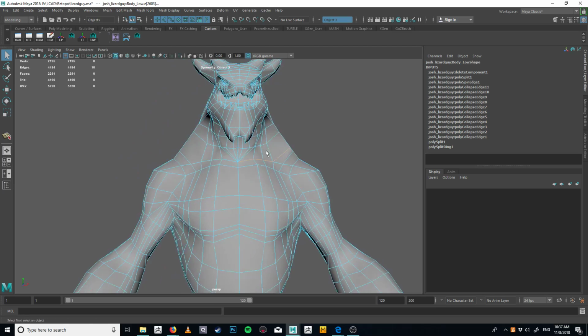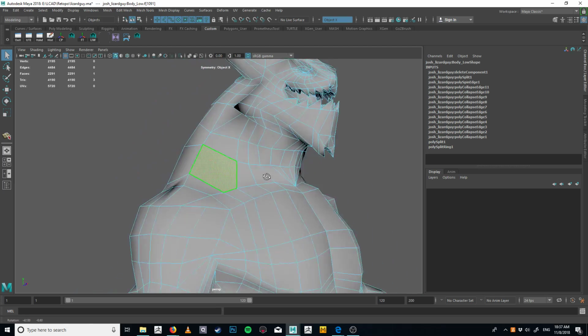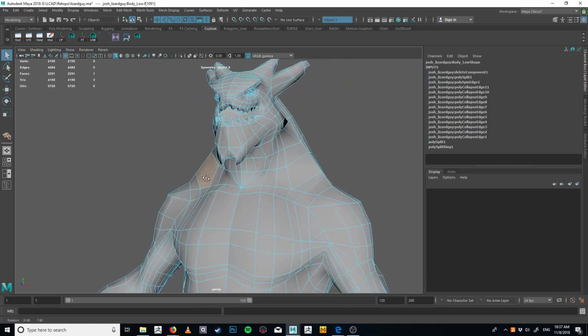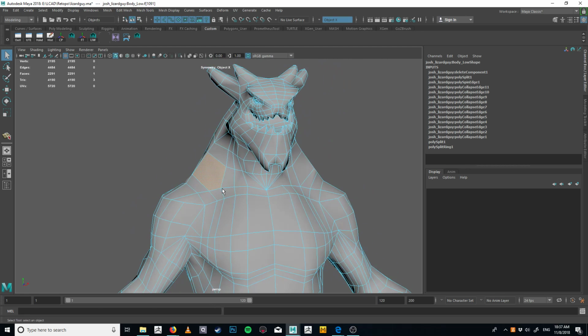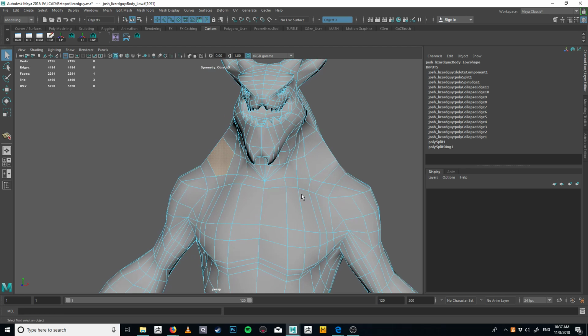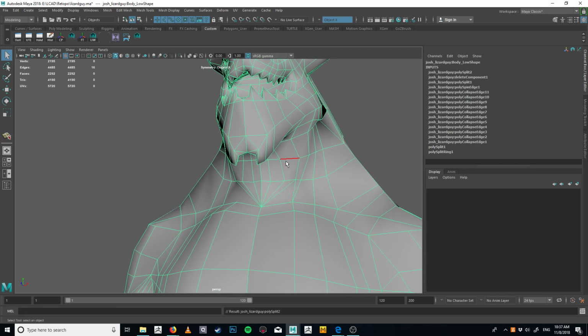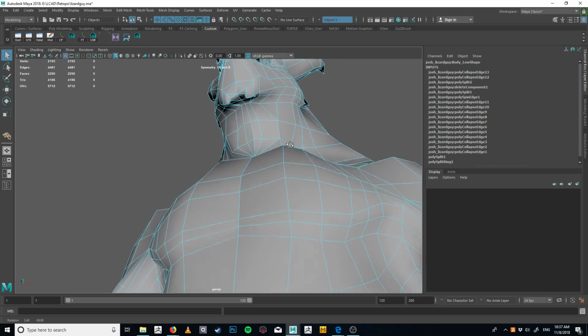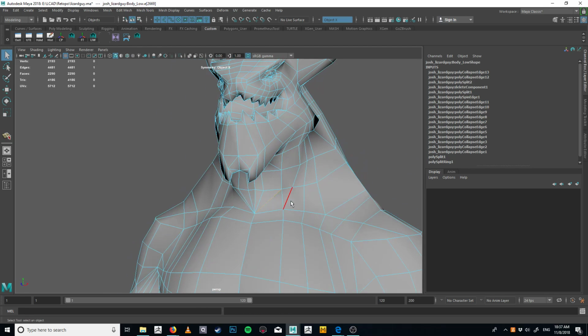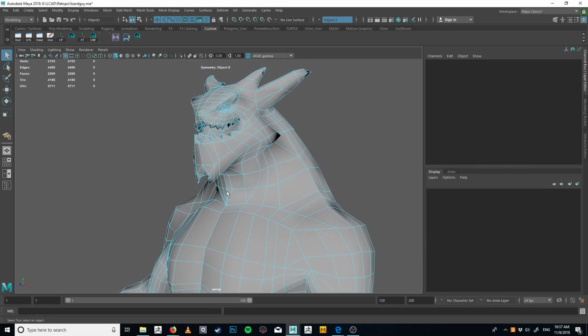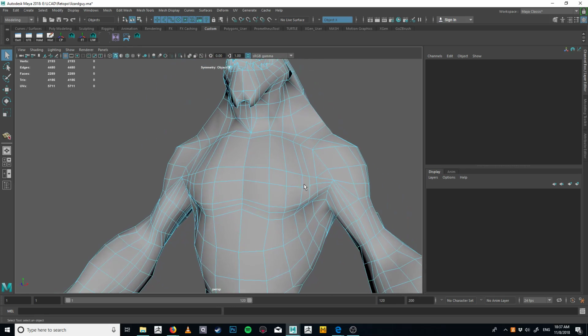Oh yeah, and I guess the other thing is you do have another n-gon right there. So the problem with n-gons is that you just can't control how that quad is going to triangulate in an engine. Right. So I'm going to also simplify a bunch of this stuff here. Let me quad that out, and then